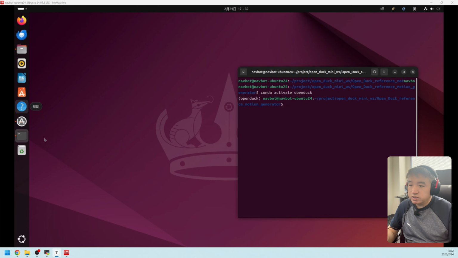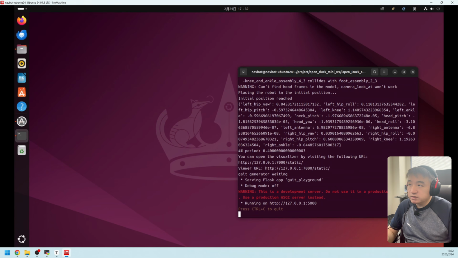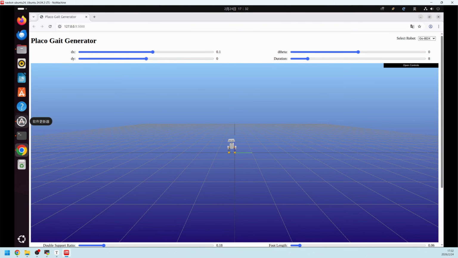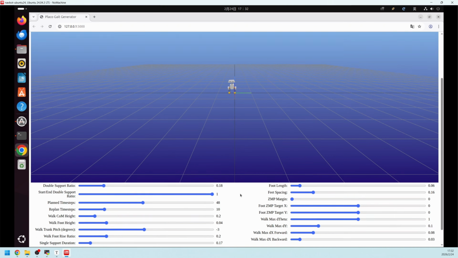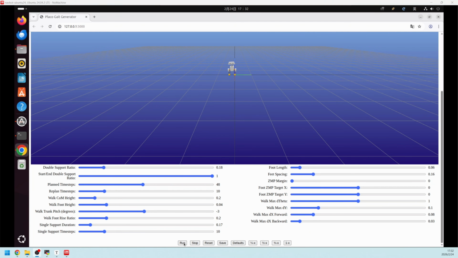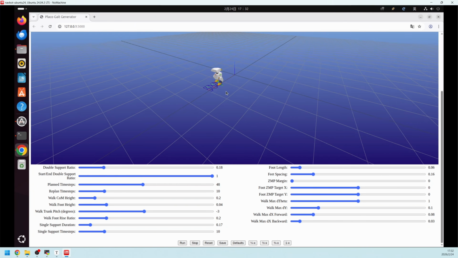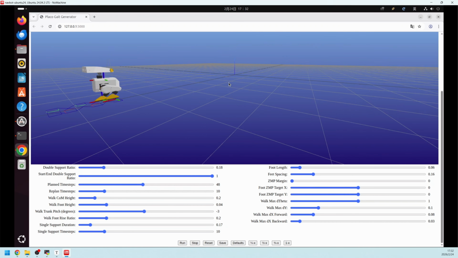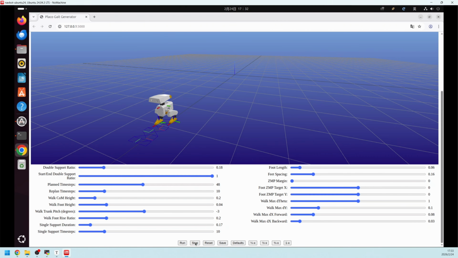So first of all, we need to verify this action. So here is the official tool which could verify the action. So you can see if we just go next step, there are a lot of parameters. Different parameters will get different results. So for example, if we want to walk with a higher foot,